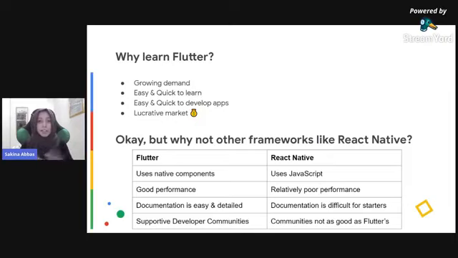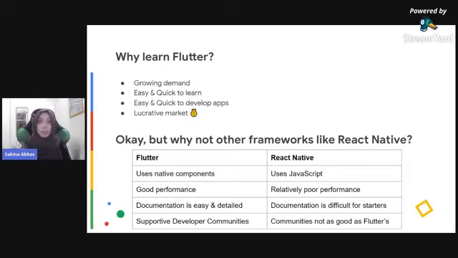Other than that, shameless self-promotion here, Flutter Karachi, Pakistan and Flutter Islamabad are two Flutter chapters of Pakistan. And Flutter Karachi has a Slack group. It has a Slack channel. So we have a lot of mentors over here. And if anybody has any questions, they can drop in over there, and any one of us will help them out. So Flutter communities are very active, very receptive to you guys and your problems.